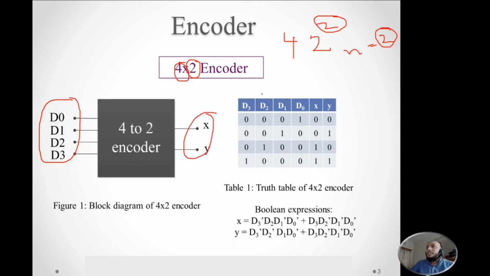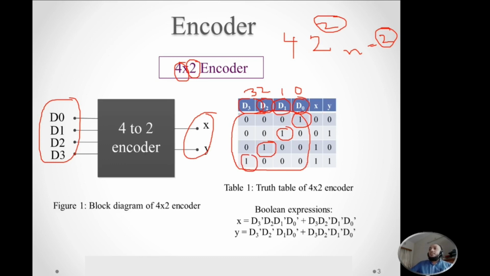So let's consider the example. We have 4 keys 0, 1, 2, 3 on our keyboard, which are considered here D0, D1, D2 and D3, and we are considering that only one key can be pressed at a time. That makes 4 patterns only, because here only 0 key is present, here only 1 key is present, here only 2 key, and here only 3 key is present.